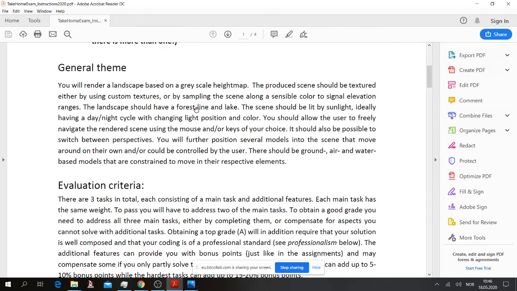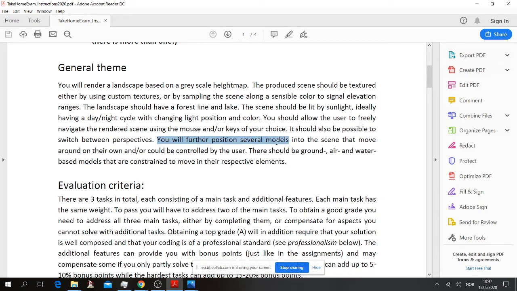A landscape should have a forest line and a lake. That is already included in this grayscale height map. I'll show you later. And you should allow the user to move freely through the scene. Navigate using mouse and or keys of your choice, like you have done in the assignments. It should also be possible to switch between different perspectives, like first-person perspective, third-person perspective, and also a view from above, which I'll get back to.